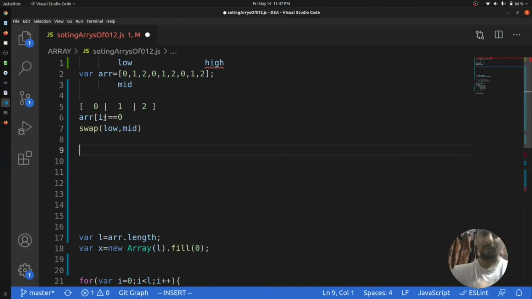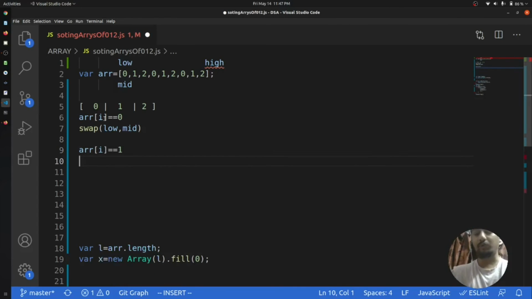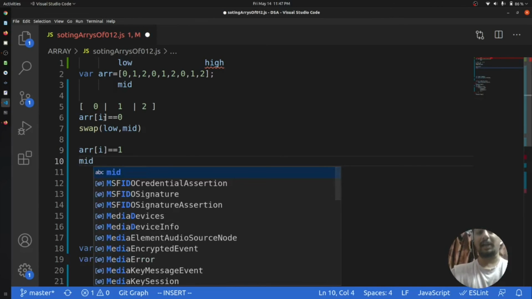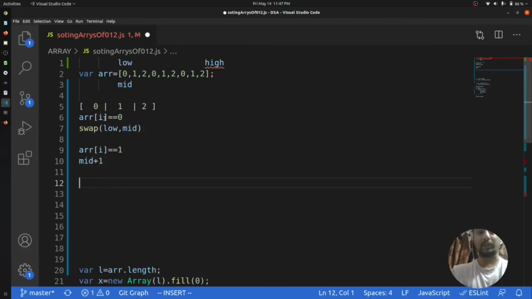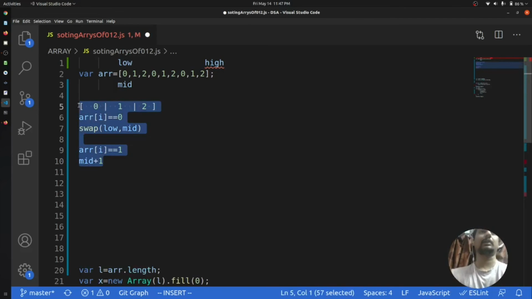And if the element at mid is equal to 1, then I have to move my mid by 1. And you will do the same thing with the high pointer. Just think about this. I think we have done this type of concept in binary sort, so use that technique to do all this, and it will be solved in order of n time also.